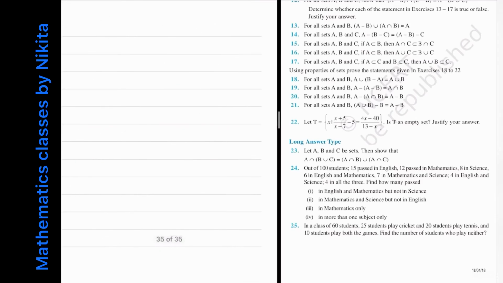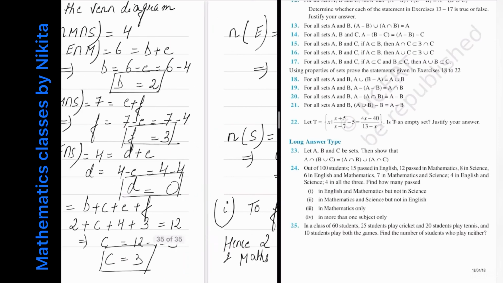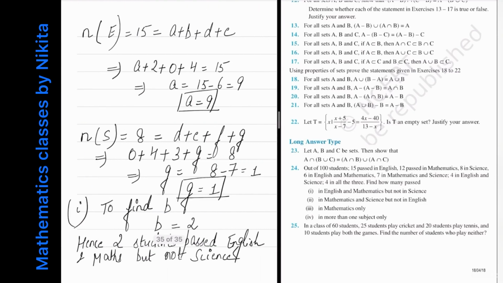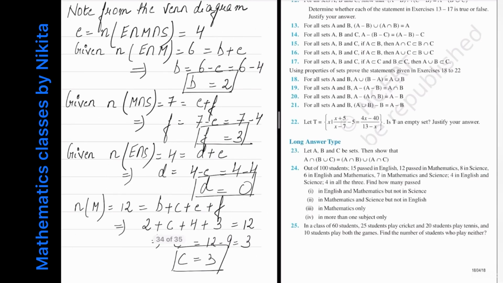Okay, now in the second part you have to find how many passed in Maths and Science but not in English. So Maths and Science but not English. See the diagram. Maths और Science का intersection देखो. Maths और Science but not English. So that means Maths और Science का intersection ये है but not English. तो E को हटा दो, तो that means आपको खाली F find करना है. So that means you have to find F, which is given to be 3.